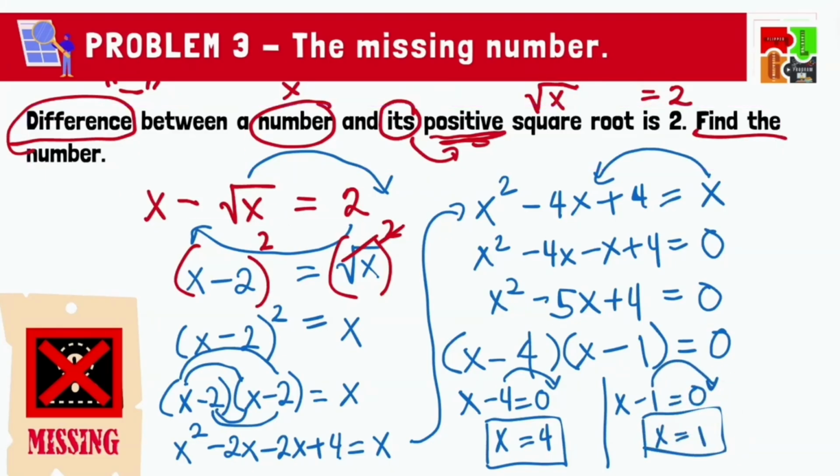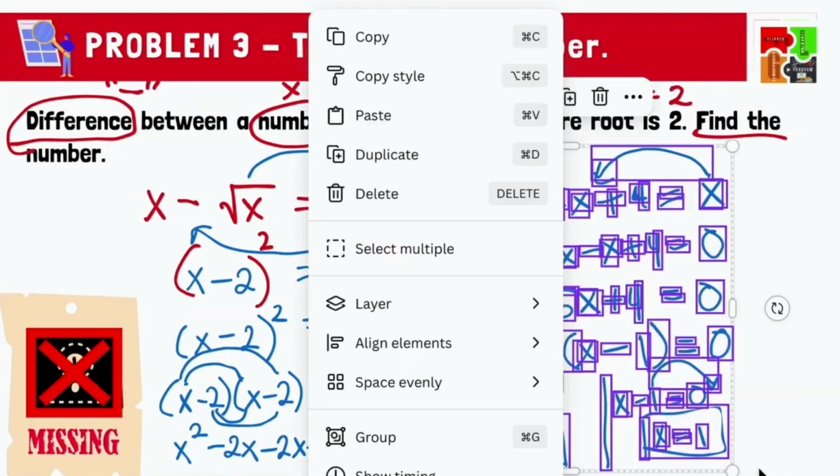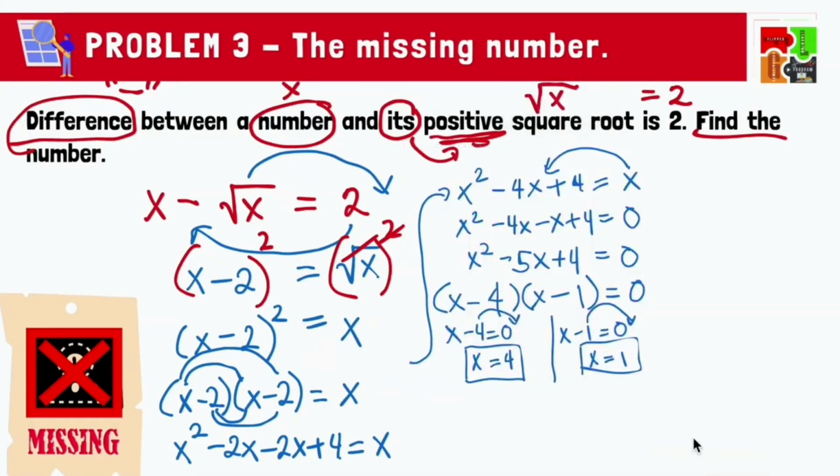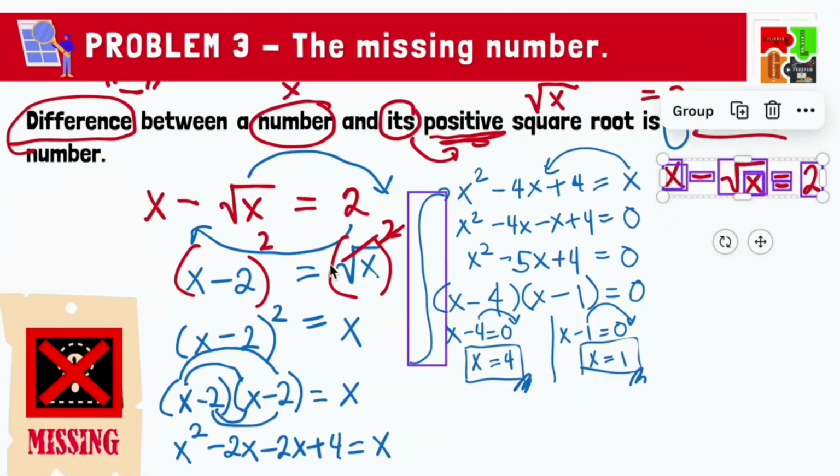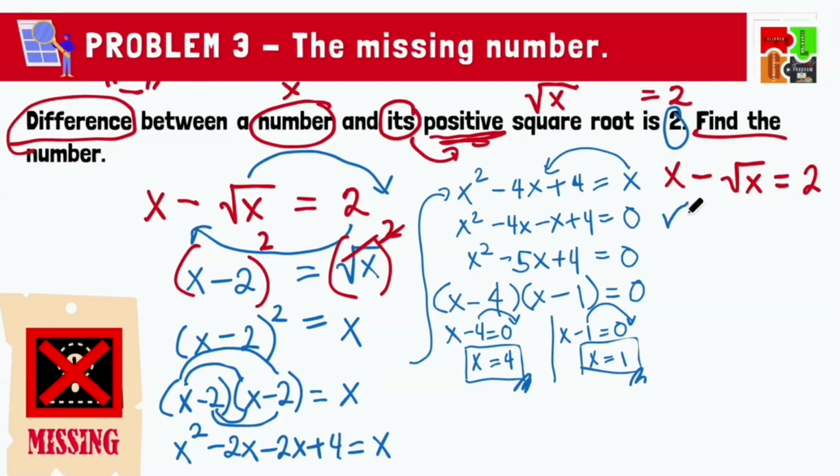Okay, so ang hinahanap number lang, hindi dalawang number. So, ngayon, paano ang gagawin natin kapag may dalawang roots na lumabas? So, dito na papasok yung checking natin. Kasi gusto natin ma-verify kung yung number ba na to ay equal saan? Sa 2. So, allow me to write here the solution. So, the equation, x minus square root of x equals 2. Here, dito natin lagay the first checking. So, check natin kung pwede ba si